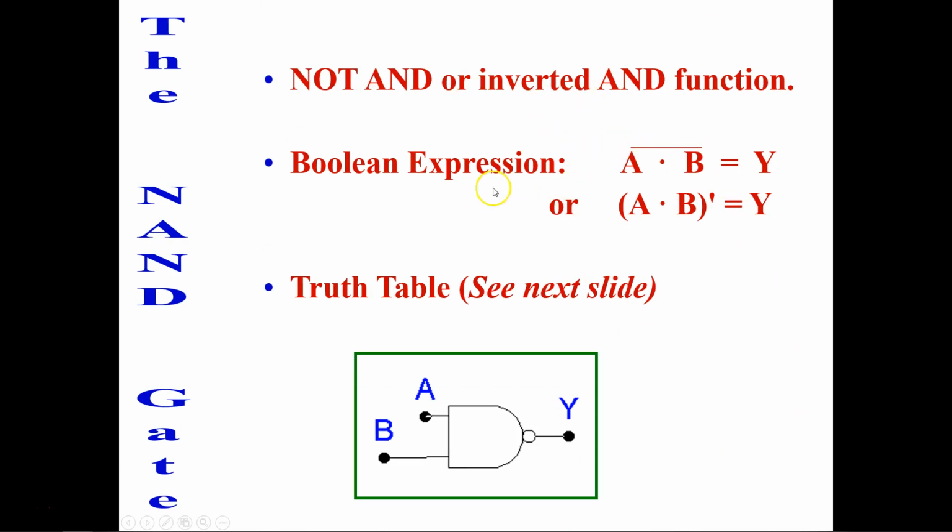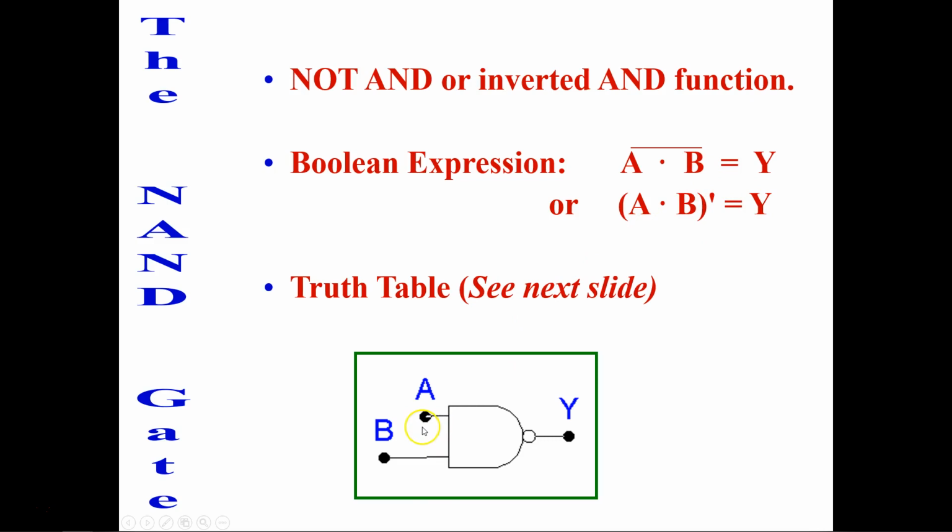And the Boolean expression for this one is A dot B. You know that this is the expression for the AND gate, and since we are also using NOT, we are adding the complement here. So for the NAND gate, (A dot B) complement is equal to Y, or you can use this representation which is A dot B, and then you have a dash here, is equal to Y,